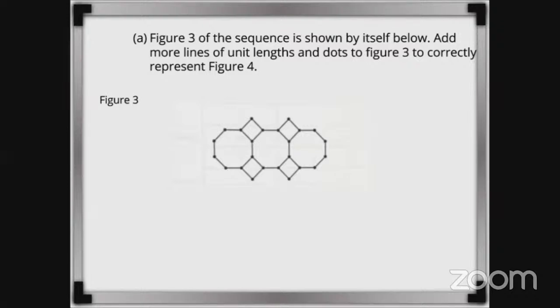All right, so far for the next figure, 1 octagon and 2 diamonds have been added, and the vertices in the middle of the 2 octagons are joined by lines, giving you that diamond in the middle. So let's look at this. So here, if we look at the first octagon,